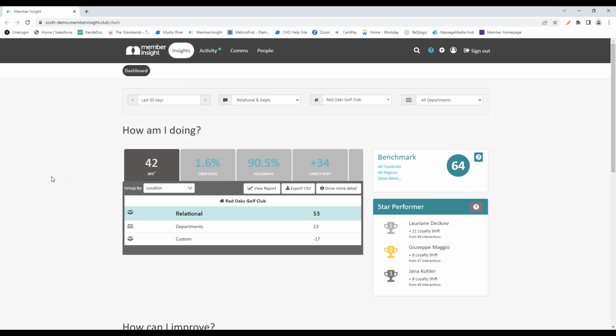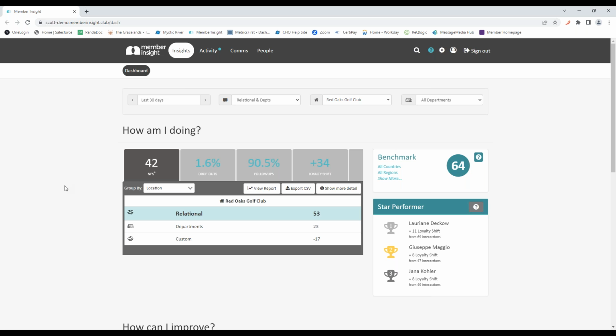Now, for those that are not familiar with NPS score, it stands for Net Promoter Score. And there are three ways that it scores. An example of an NPS question would be, based on your experience in the dining room tonight, would you recommend dining here to other members at the club? You can customize those questions to what you would like, but that would be an example of an NPS question, and then you would rate that on a score of 1 to 10.